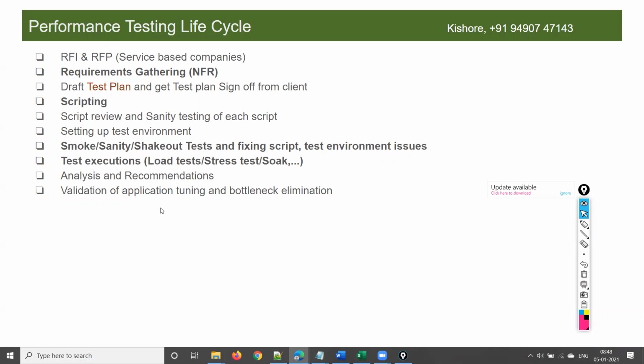Our development team has to find out how to fix that issue, and they will try to fix it. And once they feel they fixed the issue, to validate that, they will come for another round of test execution.